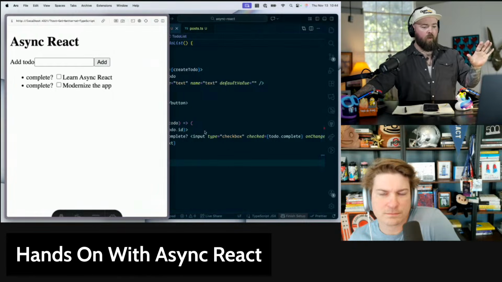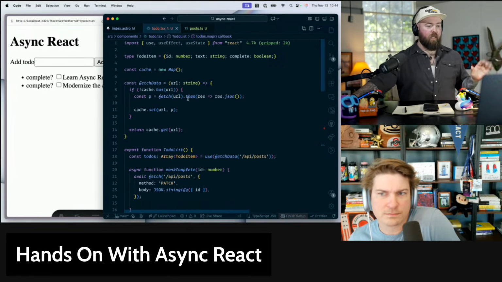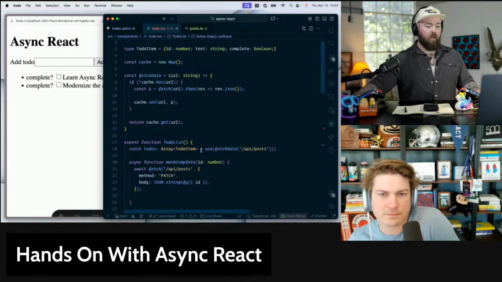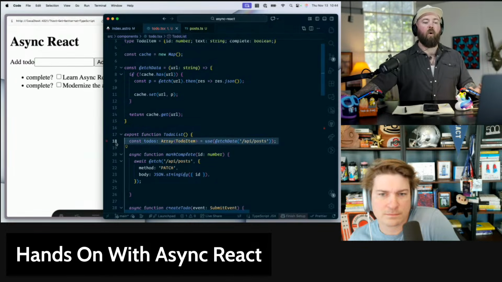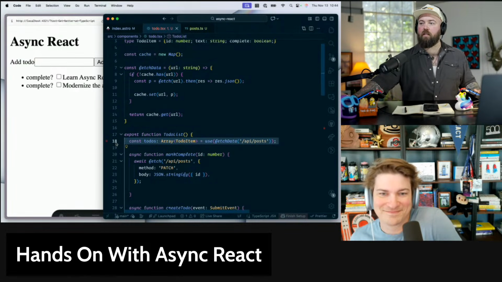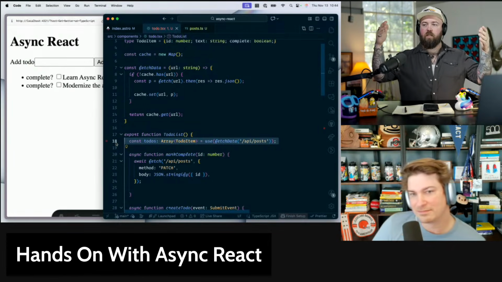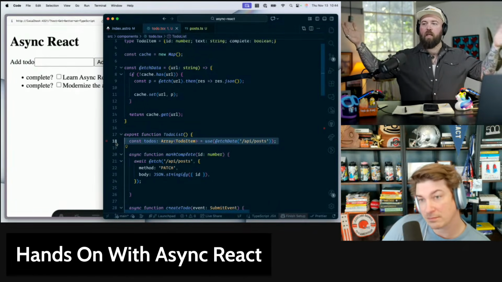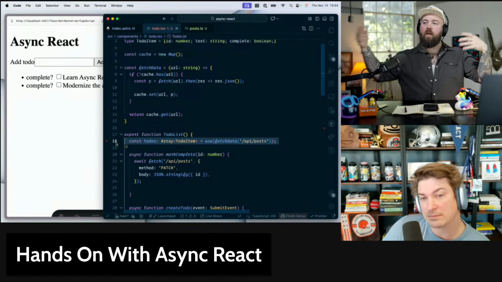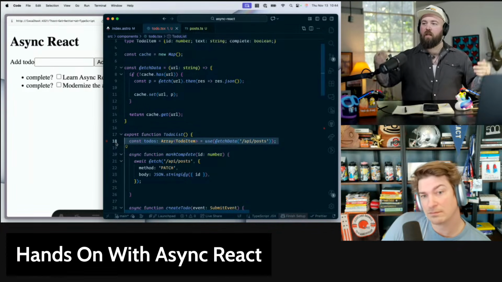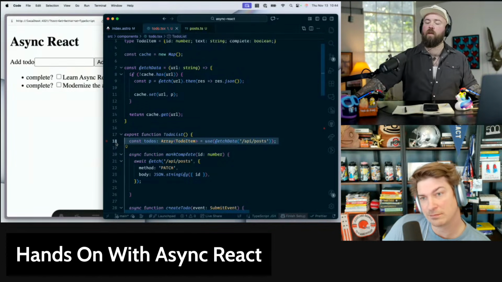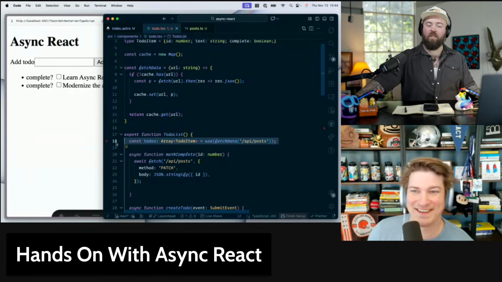Okay, so now this immediately I already feel far better about. This is what I've always wanted in React, right? Because this is how I think about code: I would just await it, but you can't do that in a component. So there was always this sort of loop-de-loop. So thank you for fixing my loop-de-loops.